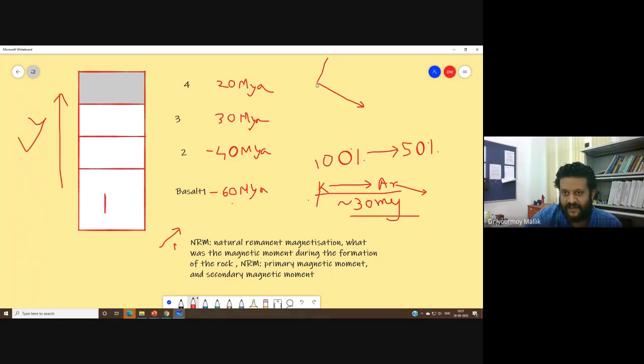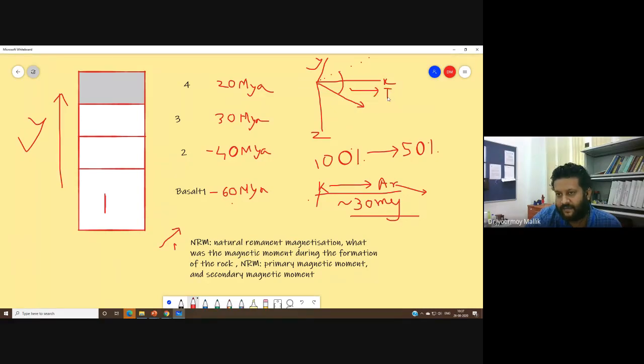Now in 3 dimensions, say for example, this is z, this is x, this is y, and this is how my magnetic moment is oriented. I can project the magnetic moment in the horizontal plane, and I can calculate this angle. And this is called